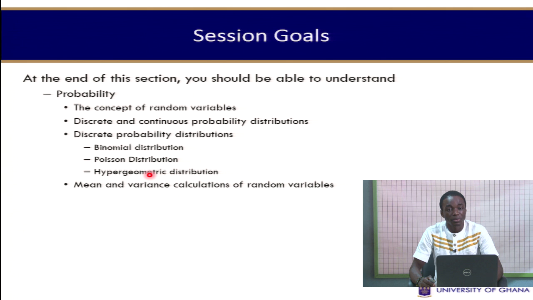And under discrete probability distributions, we want to look at the binomial distribution, the Poisson distribution, as well as the hypergeometric distribution. Then under the continuous distribution, we would look at the normal distribution, which will be discussed in the next session. But for this session too, we would also be concerned with finding the mean and various calculations of